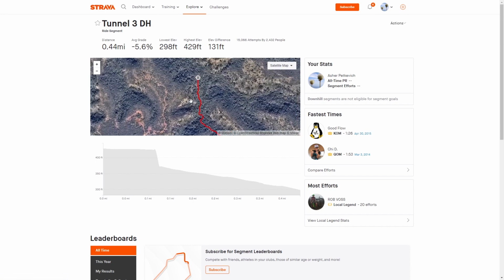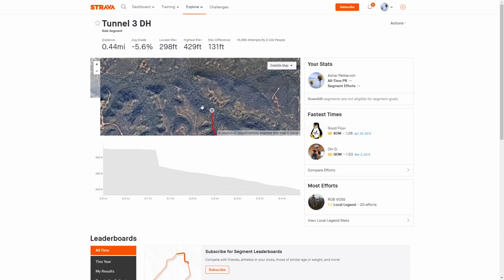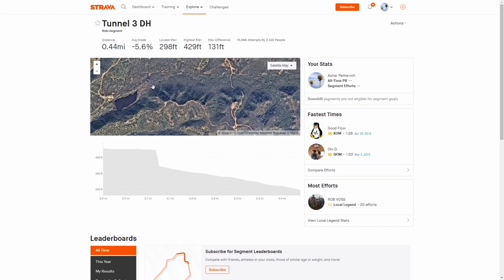You can't really see it from outer space. And then you kind of start heading. You'll follow this way. You'll kind of turn right here. And it'll dump out right around here, and then you'll just keep following this all the way to the vernal